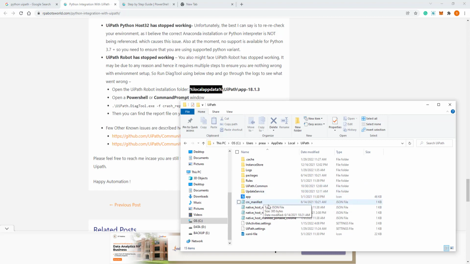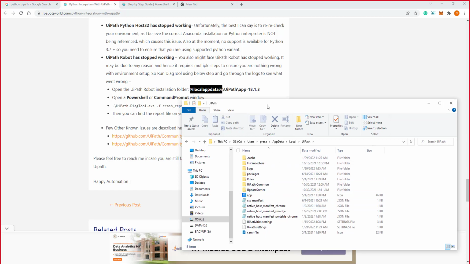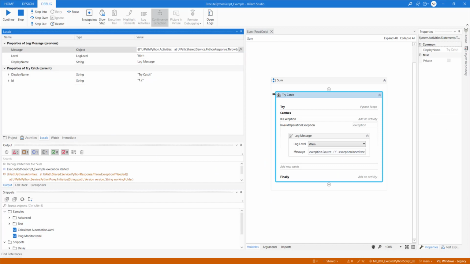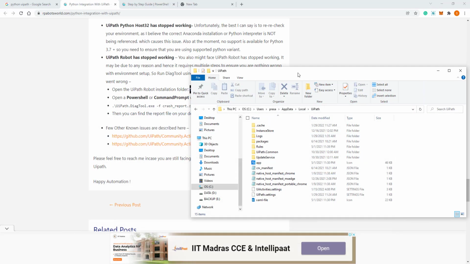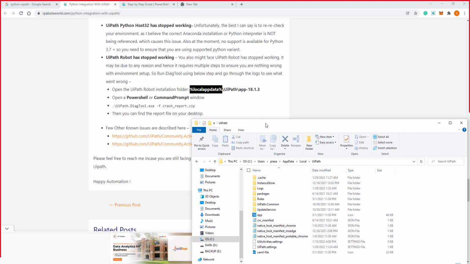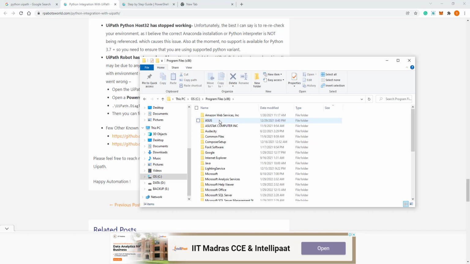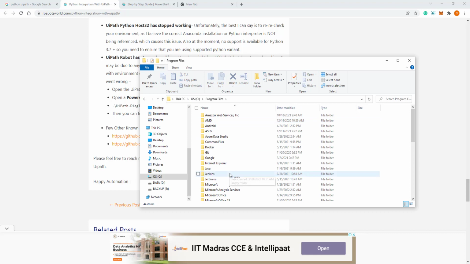Where is the app code? Oh sorry, I'm using an enterprise edition now, so it is installed differently. This command is for UiPath Community Edition. Enterprise is installed in a different location, so it will be stored somewhere here.